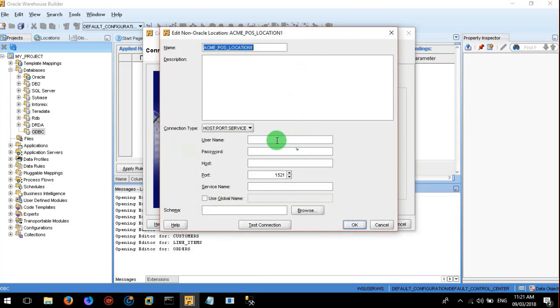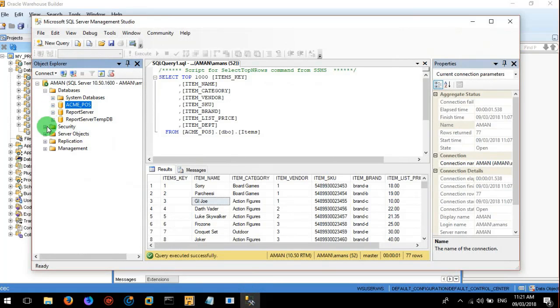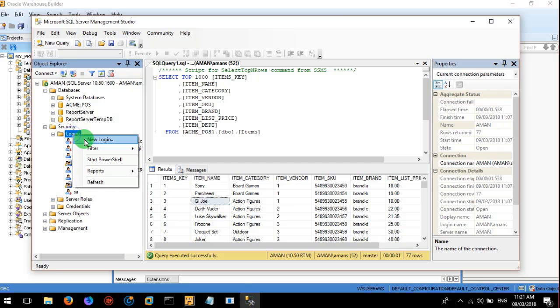Now here also we need to provide the username and password. What username and password should we provide? Because we require the username and password of the database, and we are using a SQL Server database here. This is the Acme Cross database, so we should know the username of this particular database. In our case, we have a user created for this database. If you don't have one, we can create a database user here. Go to security under management studio, then login, create a new login,